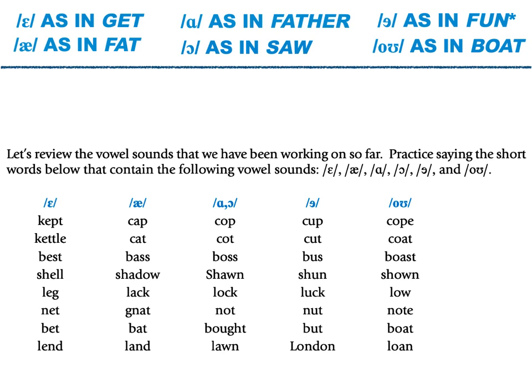Kept, cap, cop, cup, cope, kettle, cat, caught, cut, coat, best, bass, boss, bus, boast, shell, shadow, shone, shun, shown,